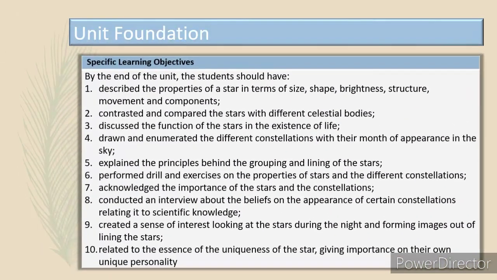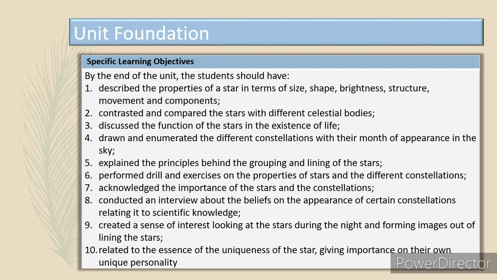As our specific learning objectives, I have 10. By the end of the unit, the student should have: 1, described the properties of a star in terms of size, shape, brightness, structure, movement, and components; 2, contrasted and compared the stars with different celestial bodies; 3, discussed the function of the stars in the existence of life; 4, drawn and enumerated the different constellations with their month of appearance in the sky; 5, explained the principles behind the grouping and lining of the stars;